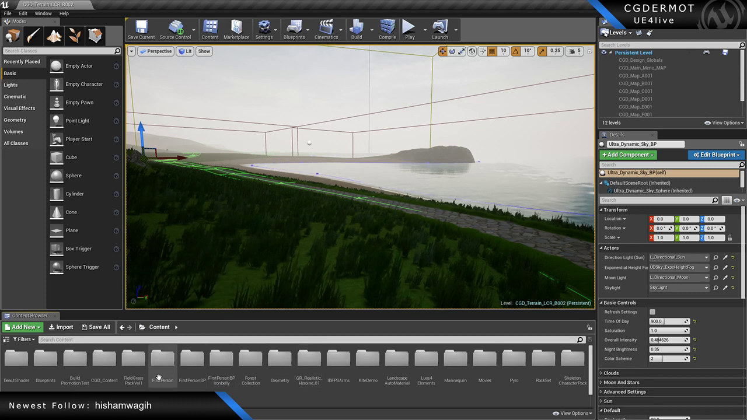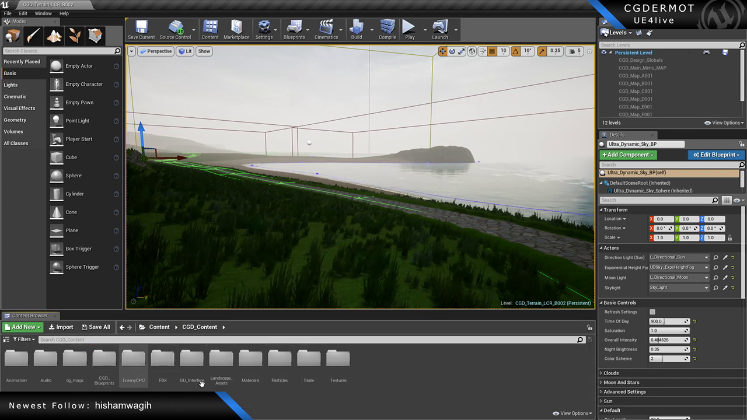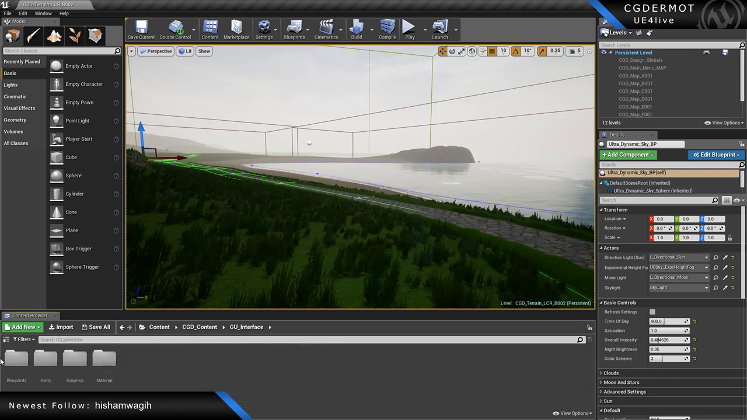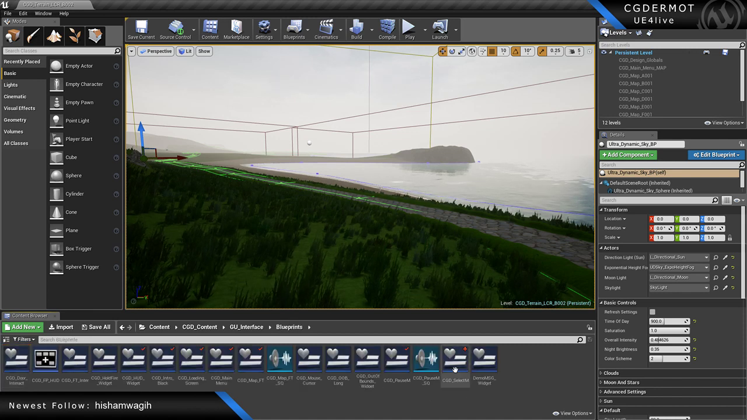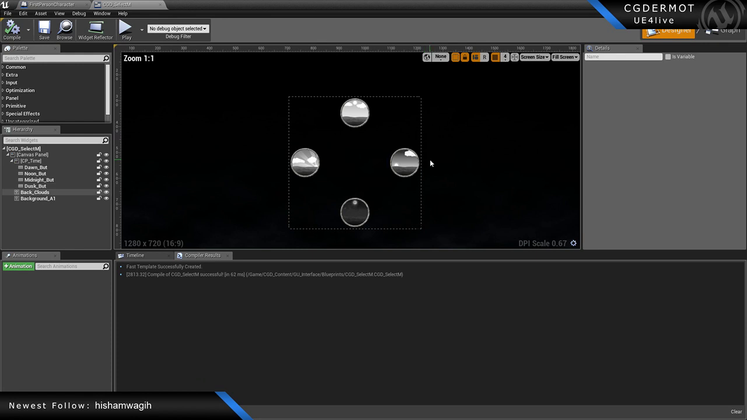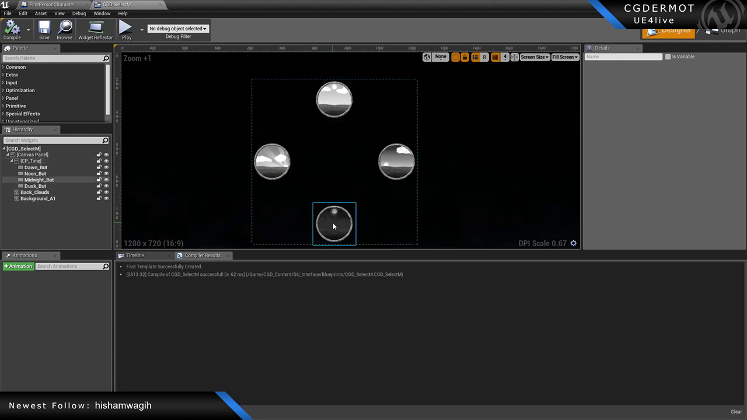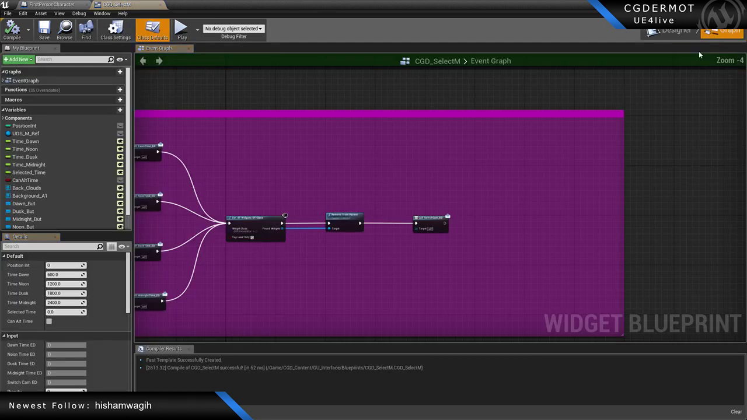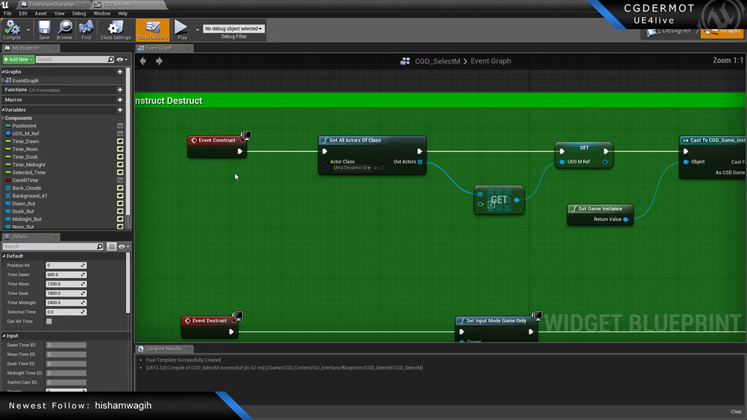So content, my interface blueprints, and here we are, select menu. So this is the menu that we're using. We have midnight, dawn, midday, and dusk. And in our graph, we're basically